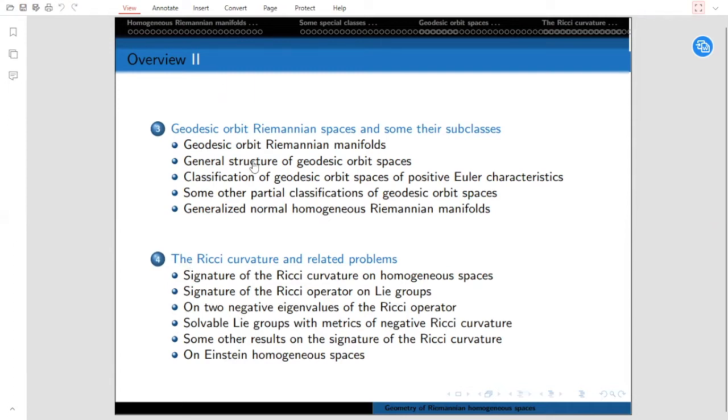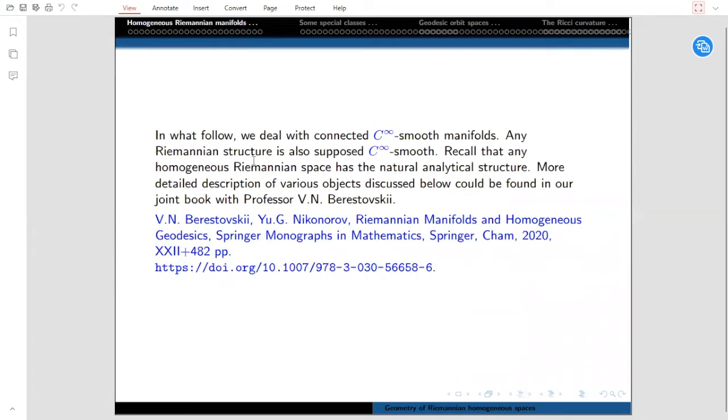Hence, our lecture starts with some notations. In what follows, we deal with smooth, C-infinity smooth manifolds. Of course, any additional structure is also supposed C-infinity smooth. Why? Because any homogeneous Riemannian space has a natural analytic structure. Therefore, we have no serious restriction. More detailed description of various objects discussed below could be found in our recent book